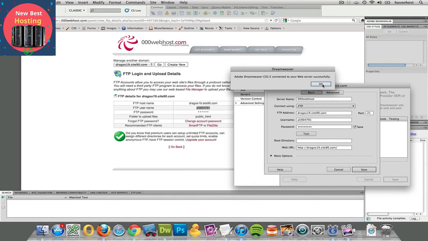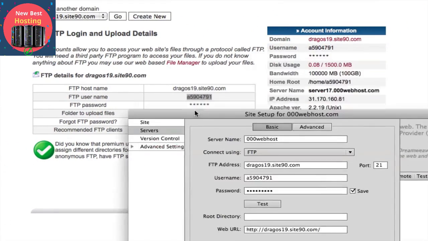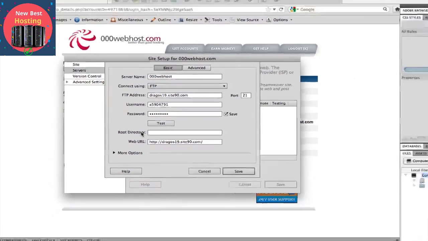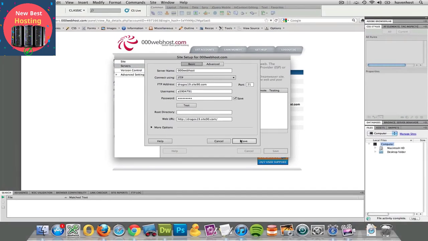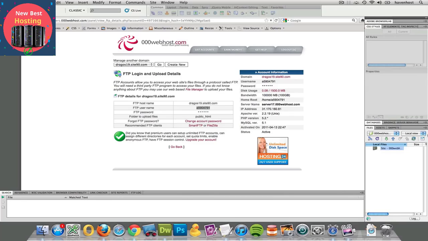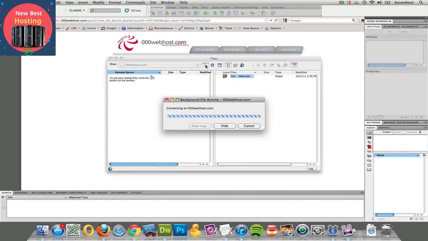Cool. Now, interesting is that we have folders to upload files, and here it says public_HTML, and that actually refers to the root directory. So check this out. I want to show you. If you save this and you go save, and now let me pop this window out. When I go to connect to the 000 web host,